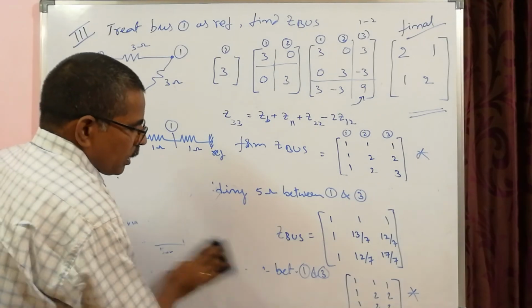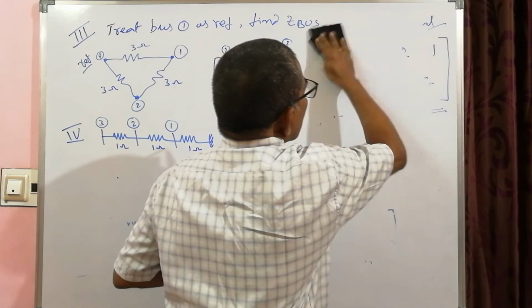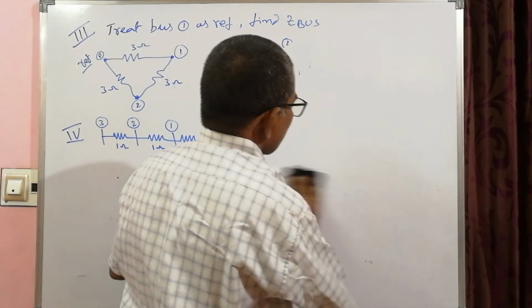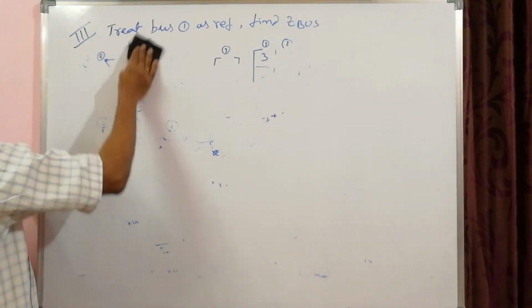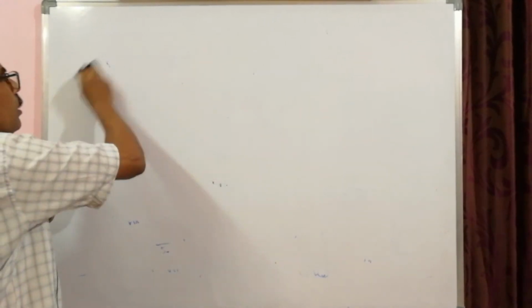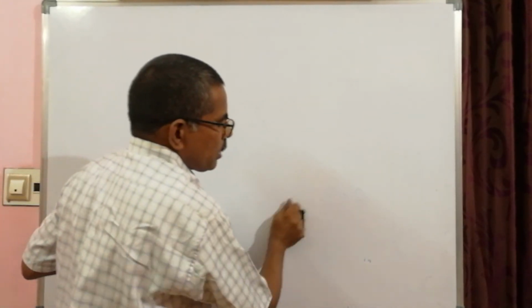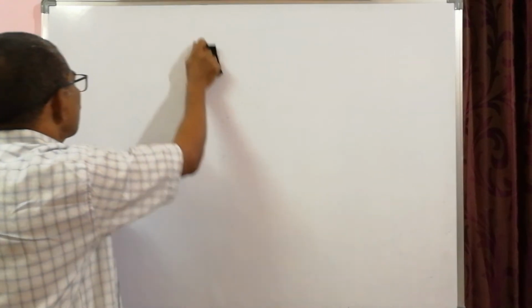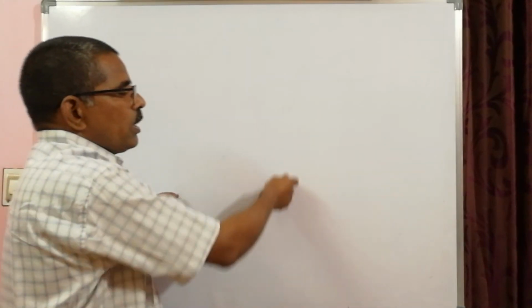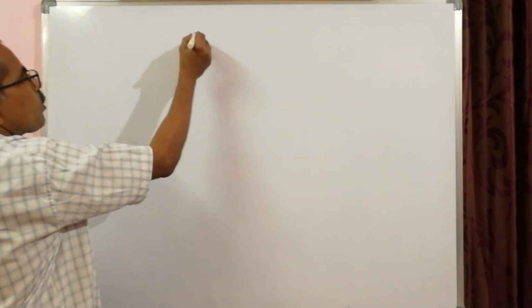Now let me end up with two problems. You note these problems as assignment, second assignment, and try to submit in CMS portal. Okay. So with this the first unit I am going to conclude. We will be taking up second unit from next class onwards. So you please note down the homework problems or assignment number 2.